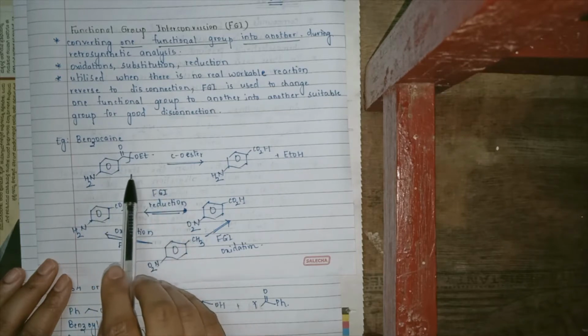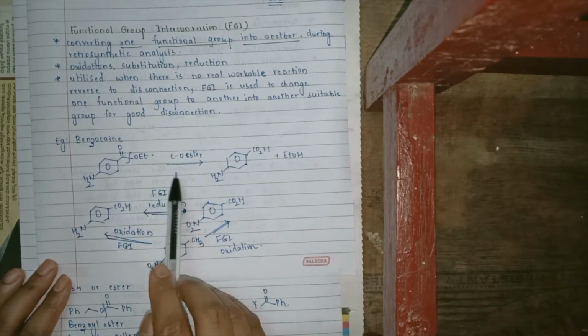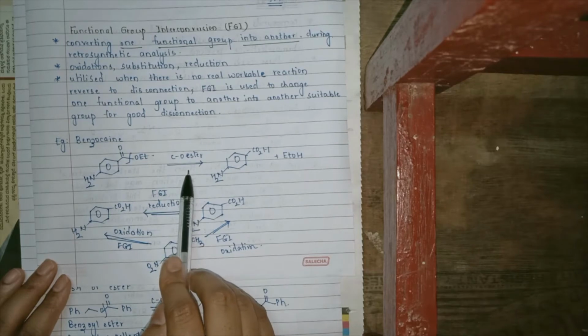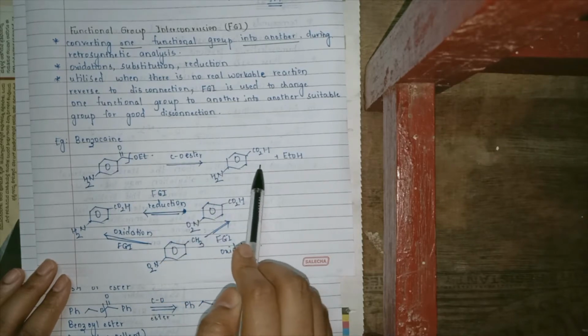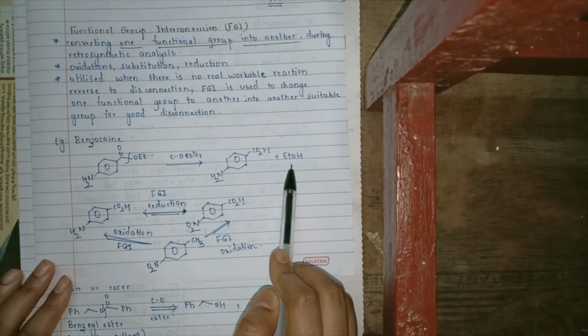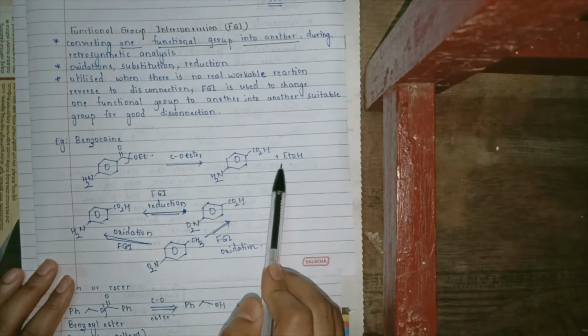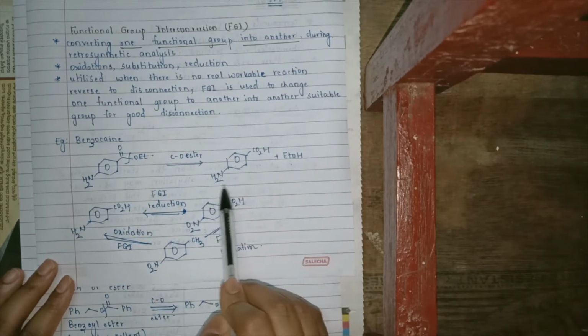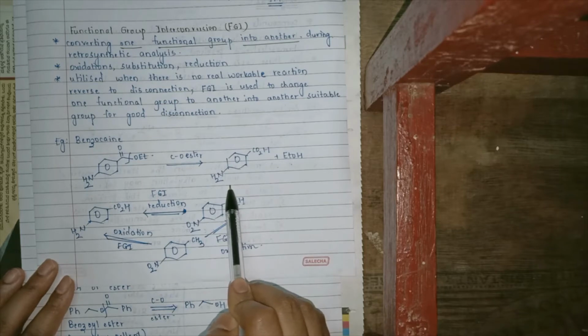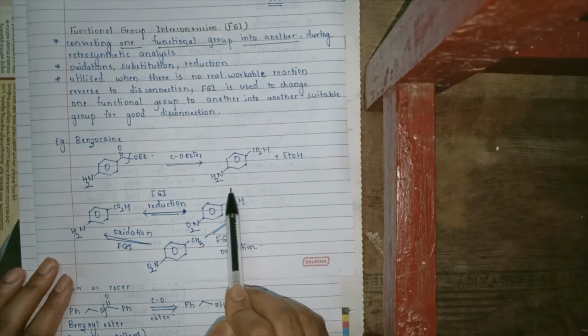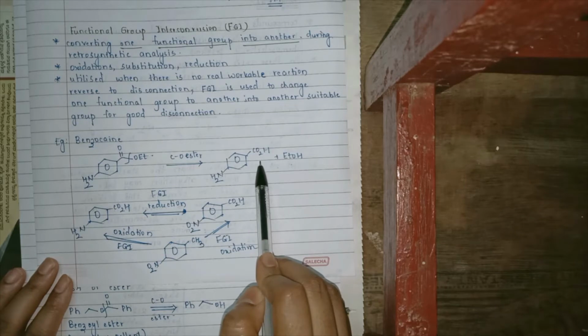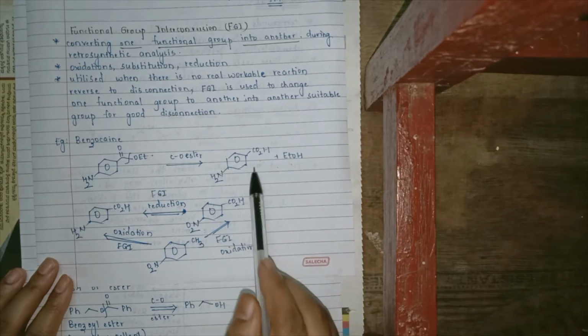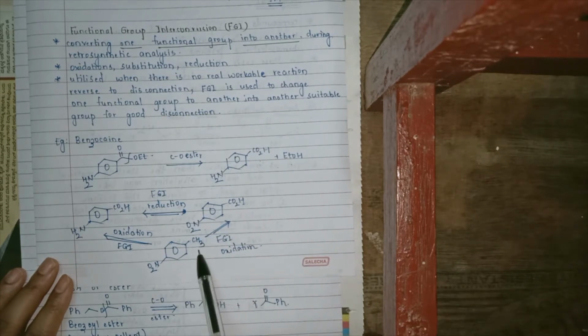In this, first the ester functional group is cleaved, so that a C single bond O is cleaved and we get a carboxylic system plus an alcoholic system. So this is the first cleavage. Now for this carboxylic group and NH2, we can do a functional group interconversion. The first system that I'll be picking up is the carboxylic group. For the carboxylic group, we will be picking up a CH3.